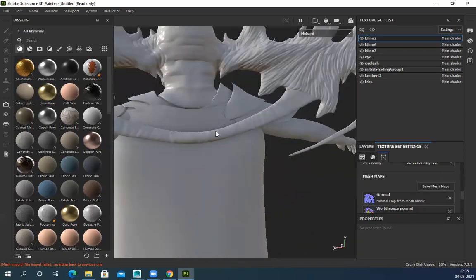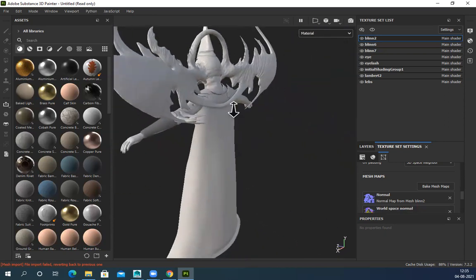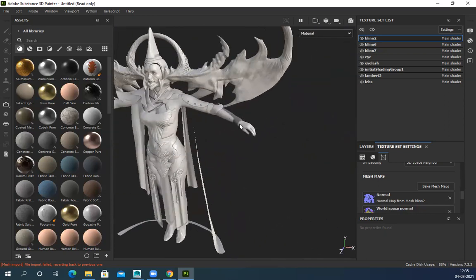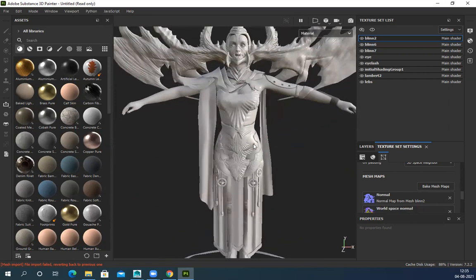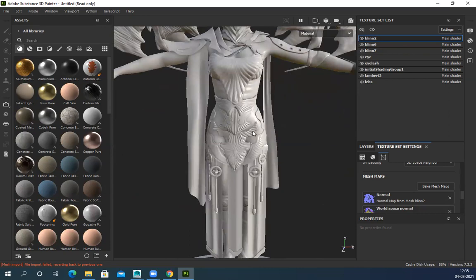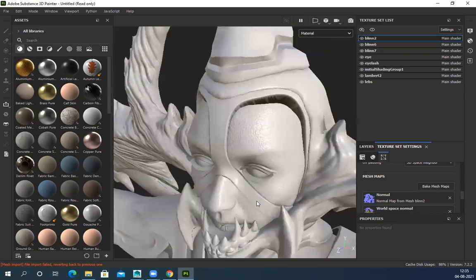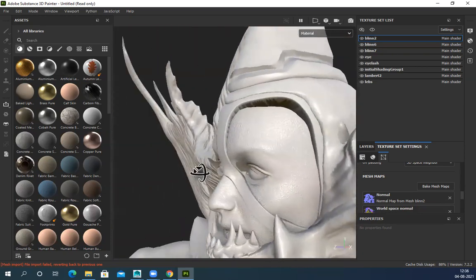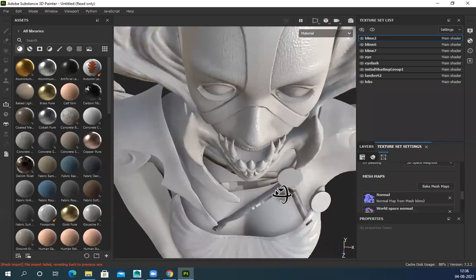Plus, a few things I need to fix here. It should go under this, so I changed that. And this also doesn't have UV. I can see clearly, I have to fix it. This also doesn't have UV, I have to fix it. And a few parts are missing. Those things also have to be fixed, and then we'll start texturing. And you can see all the information, whatever was there in the high poly, it's clearly visible.